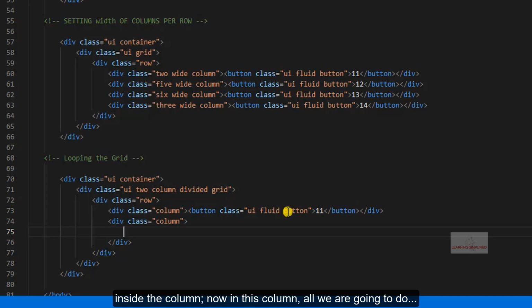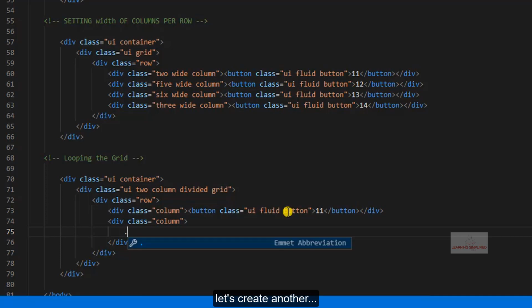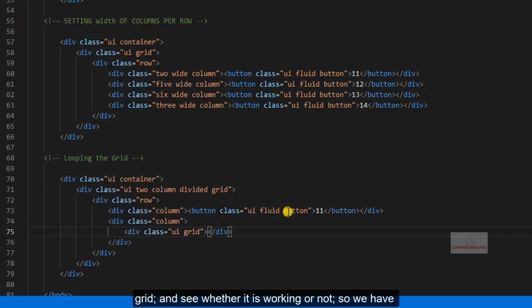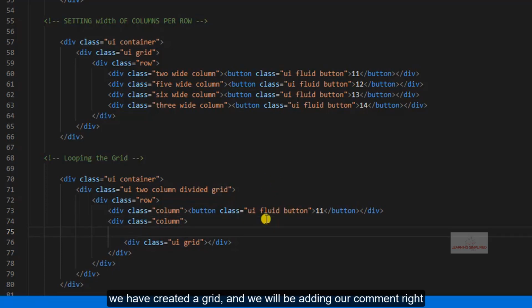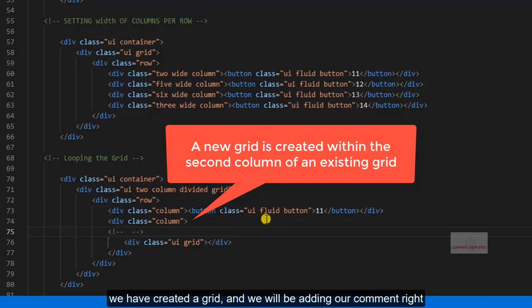Now in this column, let's create another grid and see whether it is working or not. So we had created a grid right over here. Here goes the part where we have created a grid. We'll be adding our own comment here.